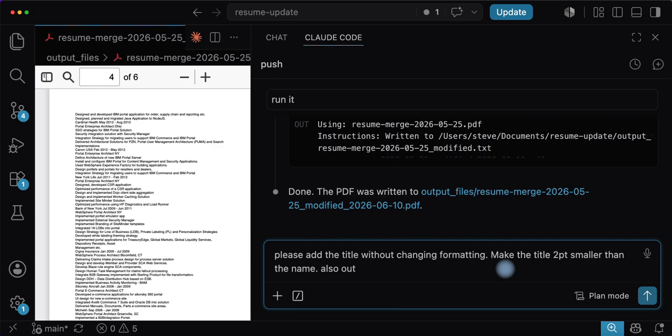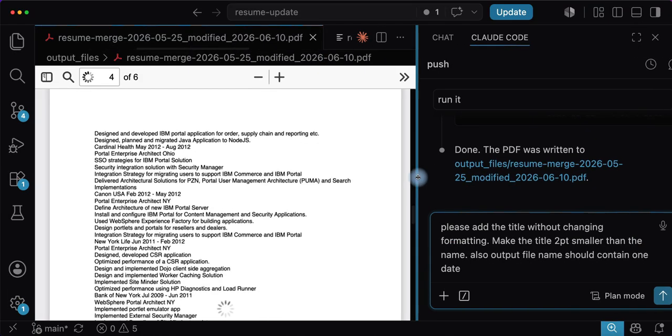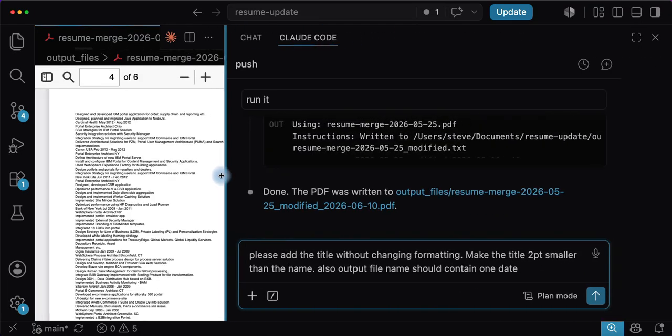Also, output file name should contain one date. What did he call this? And